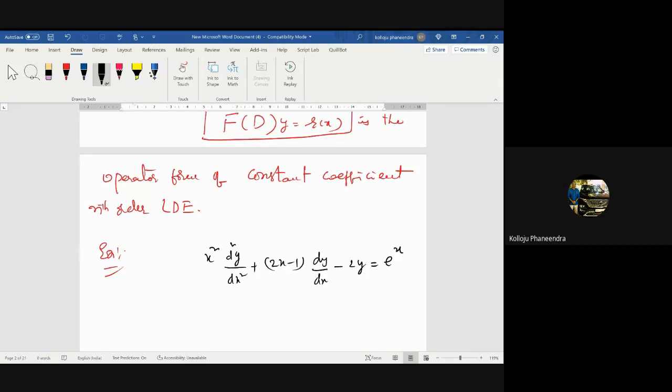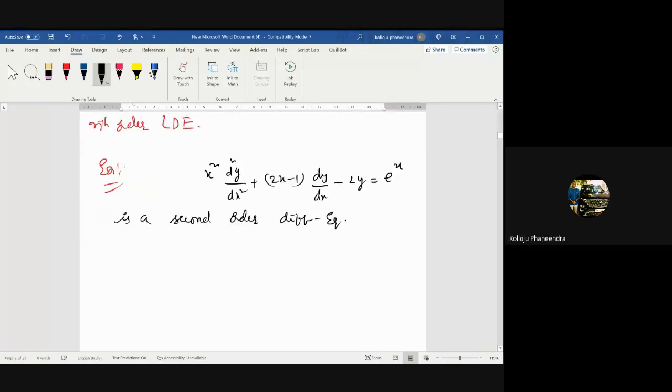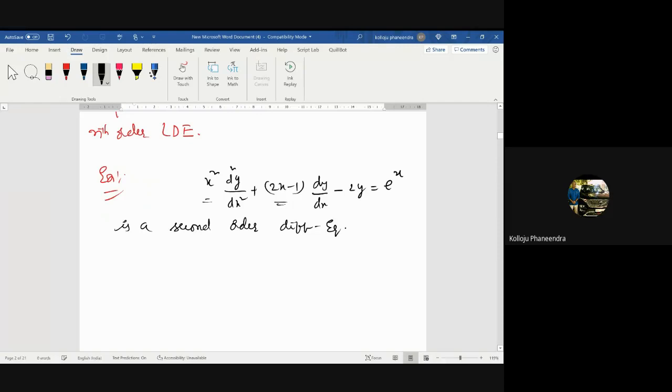It is a second order differential equation, but not with constant coefficients, because the derivative coefficients are what? Variables. Not all are constant; they are variables. Okay, this is one. And for the second one, if I write, for example, d cube y by dx cube minus y